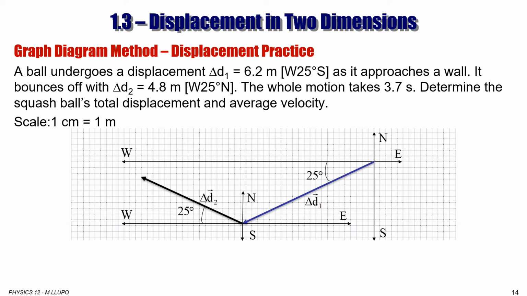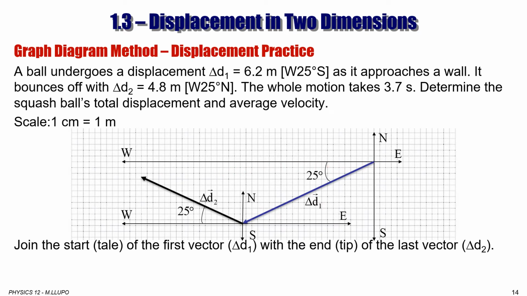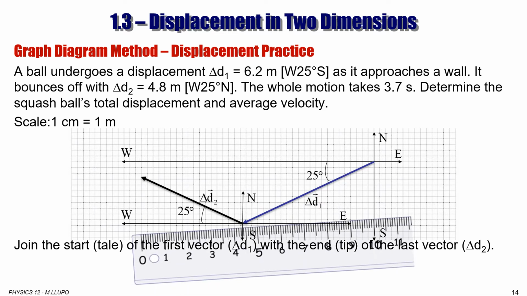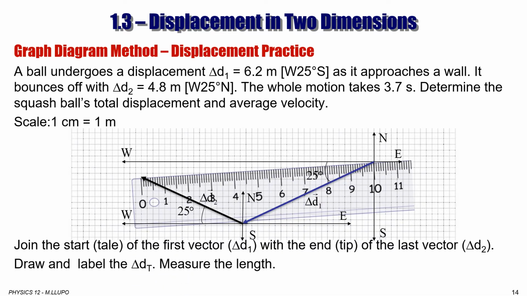It starts where the first vector starts and ends where the last one ends. So you have to draw a line to join those 2 points, starting from where the first started toward where the last ends. And then you draw a vector,